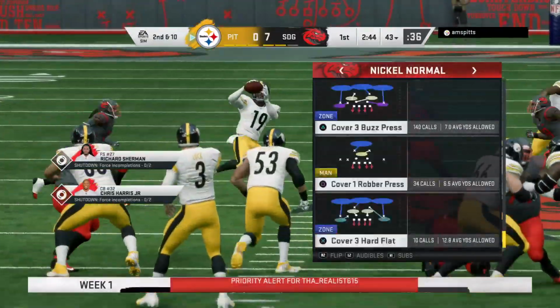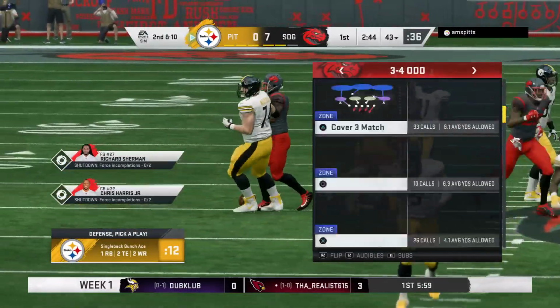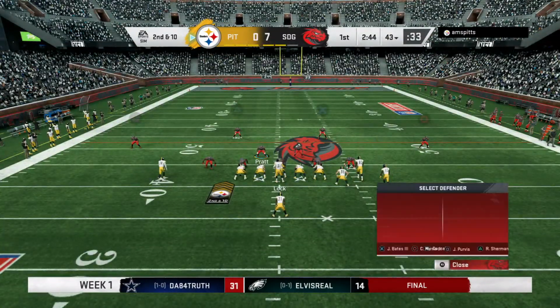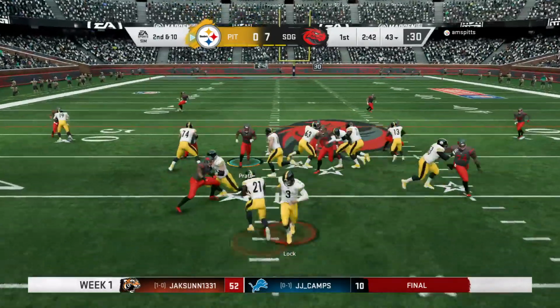It's 2nd down. It is tough to complete passes against zone defenses. The windows that you see open, they shrink pretty rapidly. How about being able to hit a moving target against a zone before the next guy can get there and make a play on the ball? Not easy for any quarterback, no matter the...